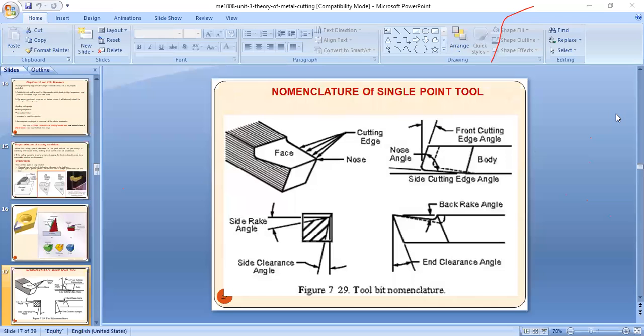In the tool holder, we fix the single point cutting tool. The tool post is a 4-way tool post, but when we go to capstan or turret lathes, we have a hexagonal turret, a six-station tool turret, or an octagonal turret, where we go for 8 stations, because you know hexagon has 6 sides, octagon 8 sides. So here is the particular side rake angle. And again, when we consider the rake angles,